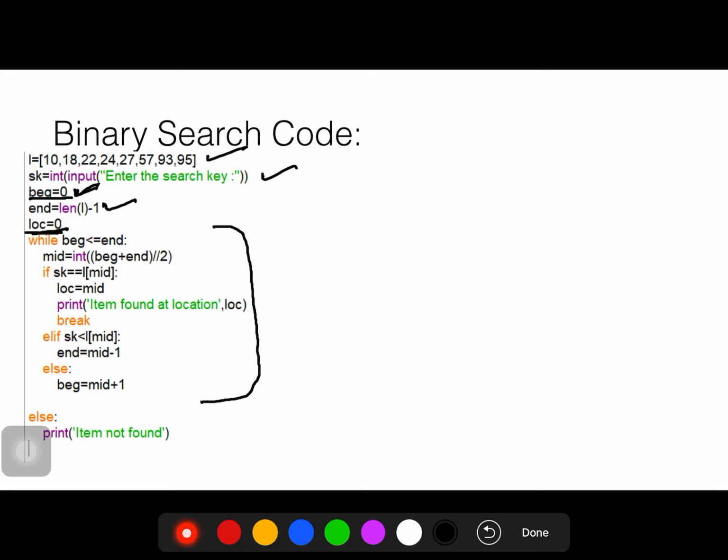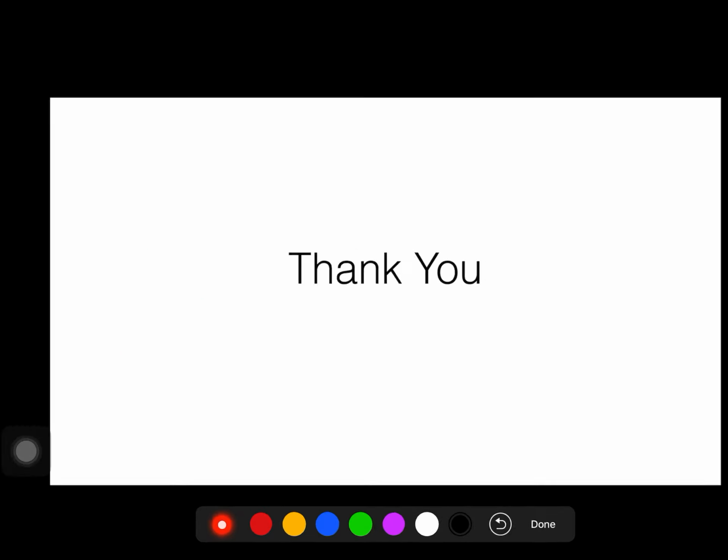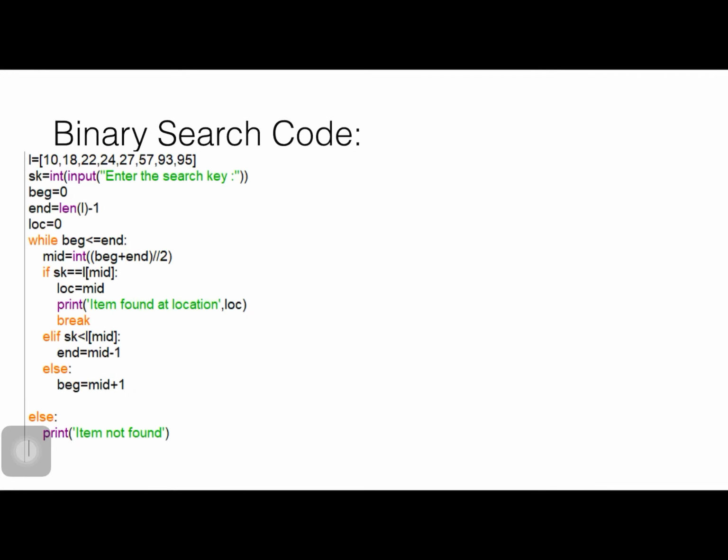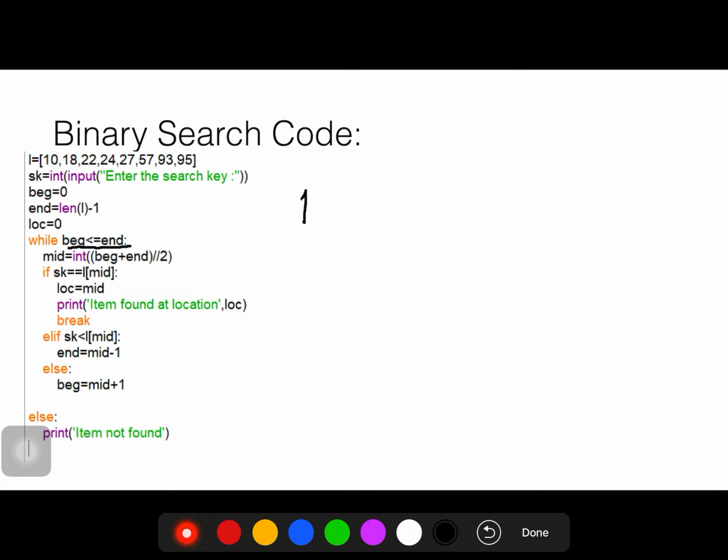This is the loop which is performing binary search. This is the condition. I have shown you the terminating condition, which is when beginning becomes greater than end.